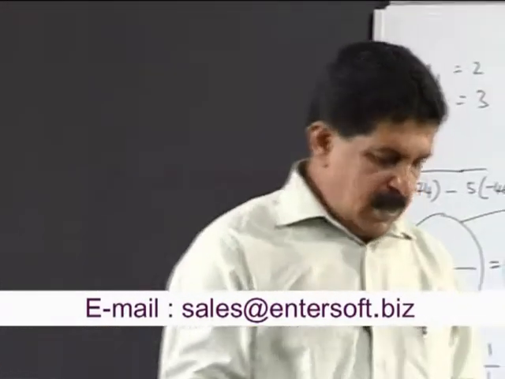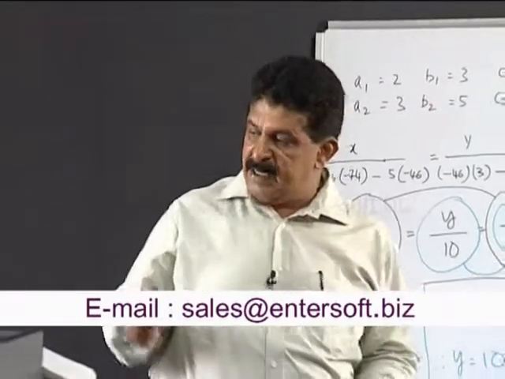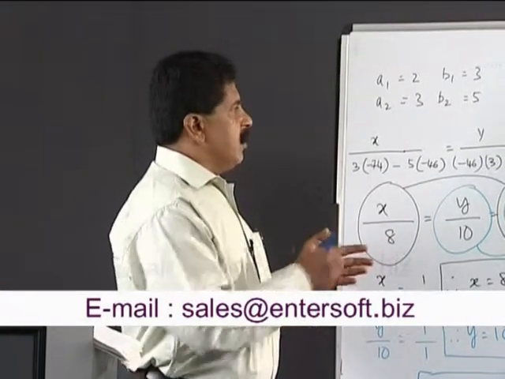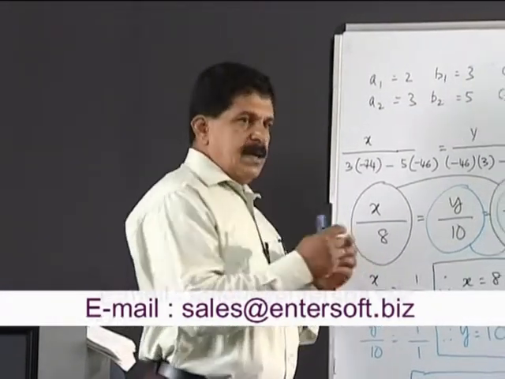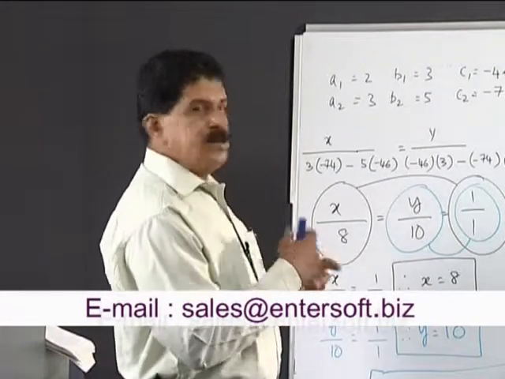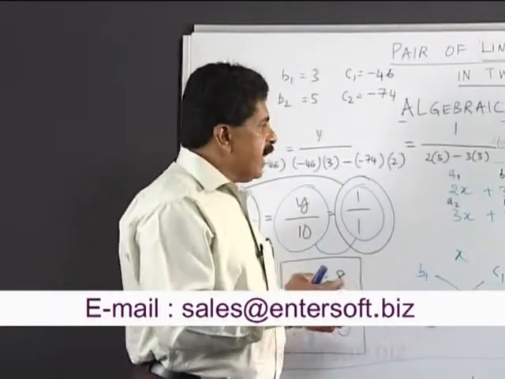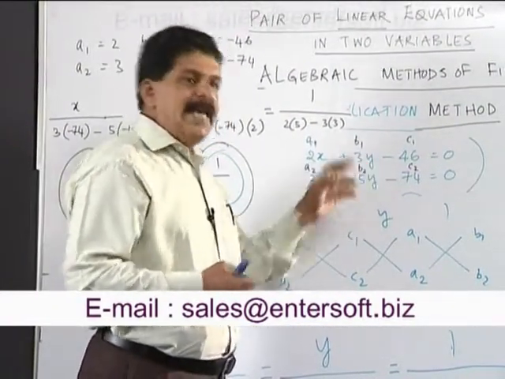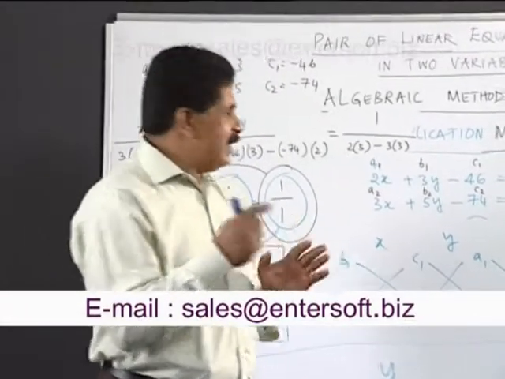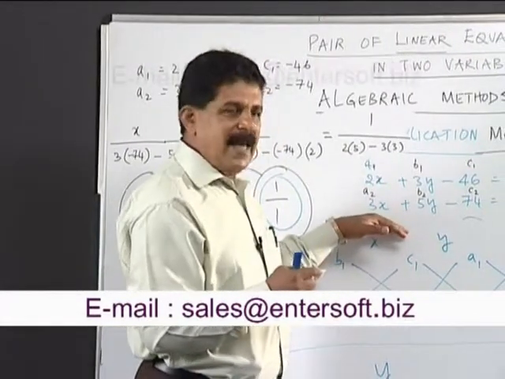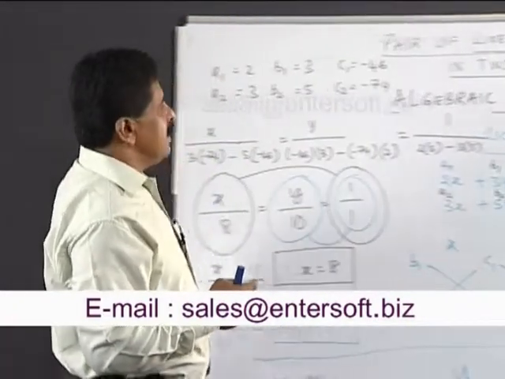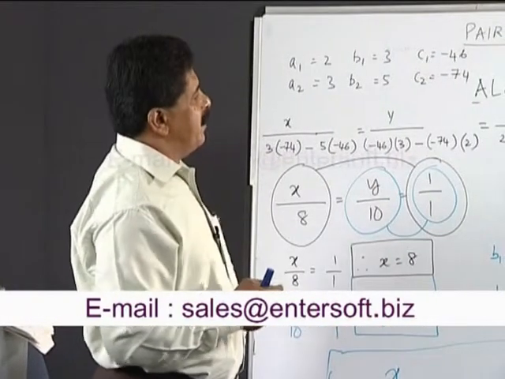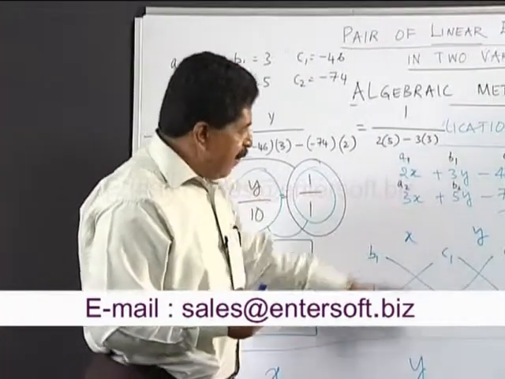Very simple method. However complex, in case you are having trouble trying to use the elimination method, because you may not be getting a multiplication coefficient by which you are able to eliminate it. And in most of the cases it will be available, but if this happens to be 4.2, this happens to be 2.3, then you are in trouble. So when you are in such trouble, then instead of going in for the elimination method, you can as well go in for this cross multiplication method. All that you need is a little of computation of multiplications. So in such cases, you can comfortably use this method.